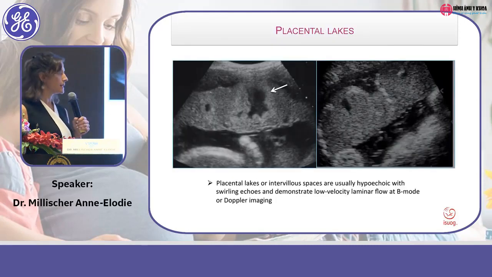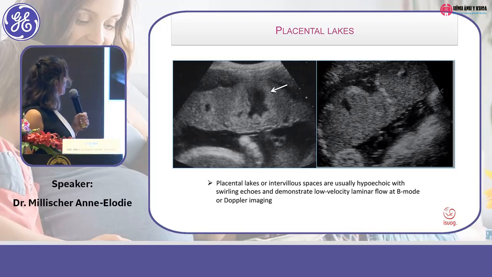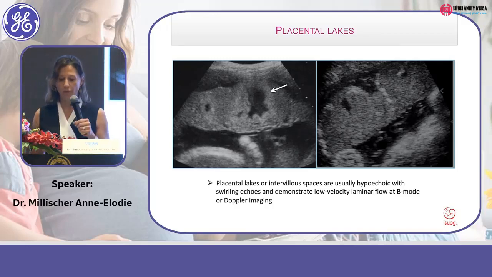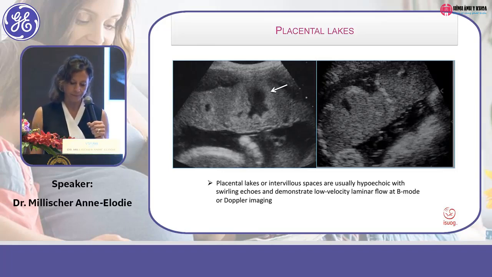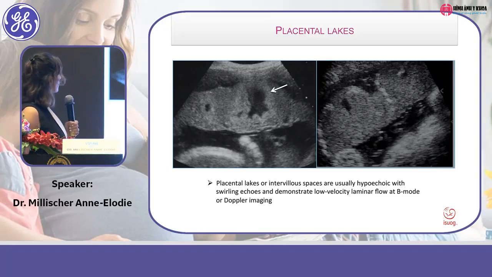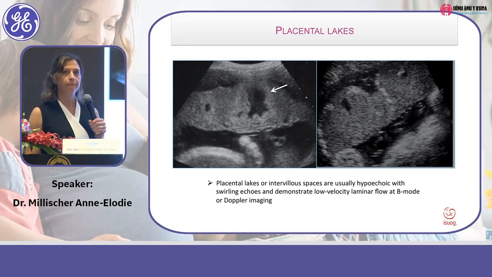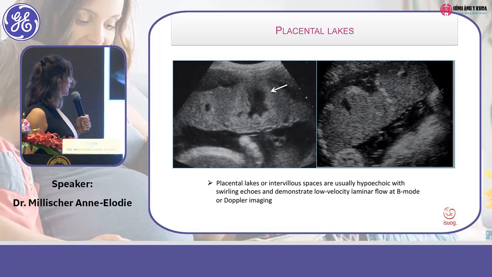Another aspect that everyone knows here is those placental lakes, which is very frequent. Và đôi khi các bạn sẽ thấy hay gặp những cái hình ảnh này trên siêu âm là có những cái vùng giảm âm, thấu âm ở trong bánh nhau, thì đây là những cái hồ huyết. We just focus on this normal placental lake just to describe that